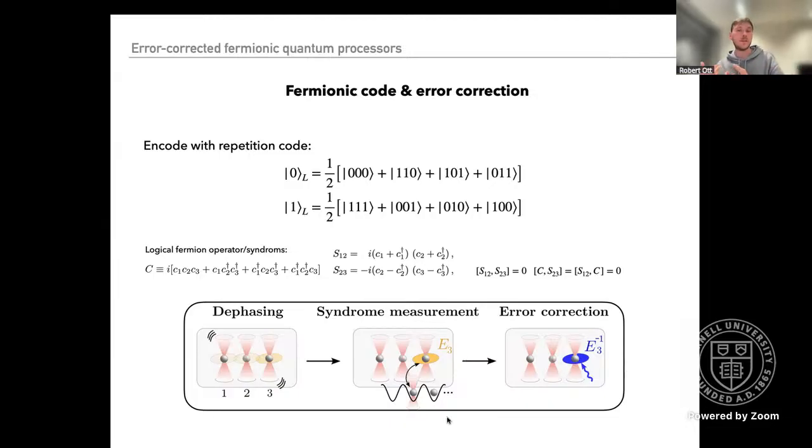And once you have this measurement, you know where the error has happened, and then you can very simply undo it with an actual phase gate that you can, for instance, do by shining an extra laser or adjusting the tweezer or something. And while I've shown you the construction of these states, we haven't really talked about this